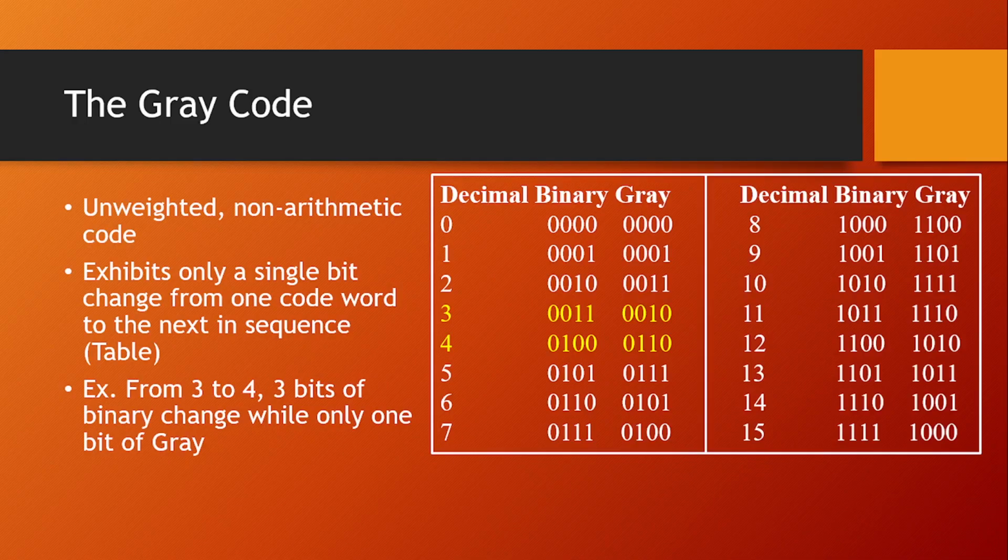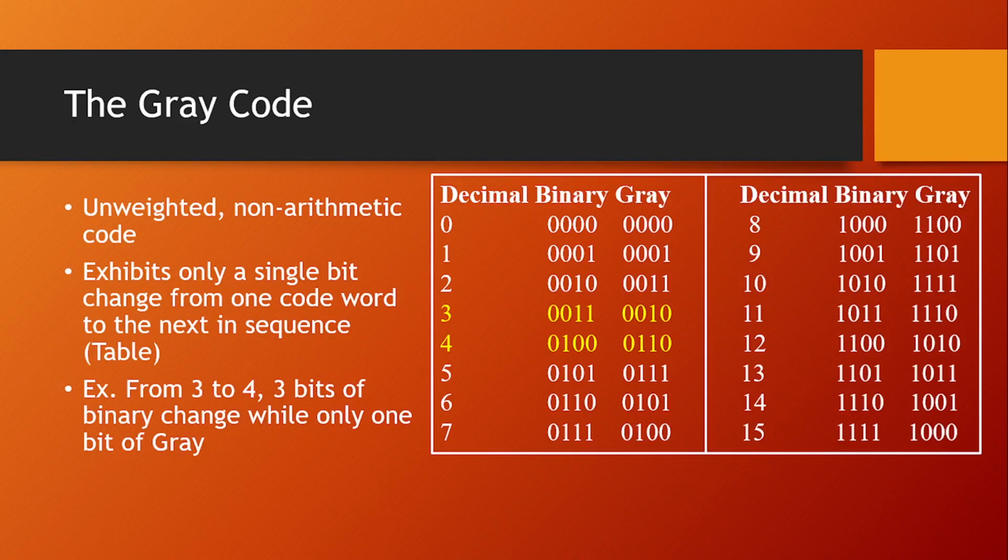While when we are moving from binary 0101 to 0110, we find that 2 digits are changed, one from 1 to 0 and another from 0 to 1. So in this way, there may be 1 or 2 or more digit changes when we move from one 4-bit binary to its preceding 4-bit binary.